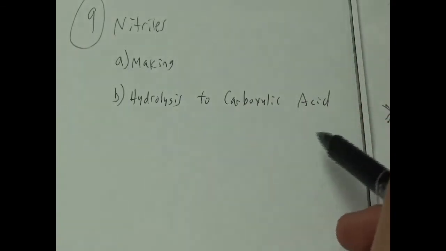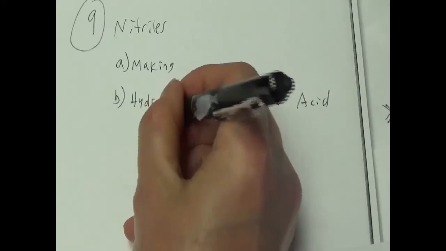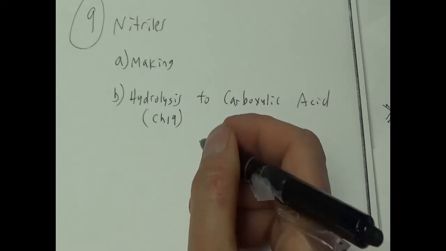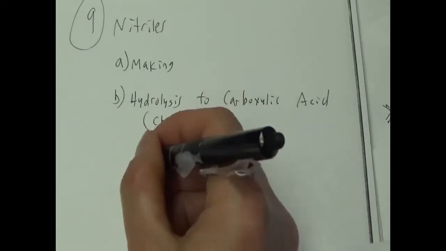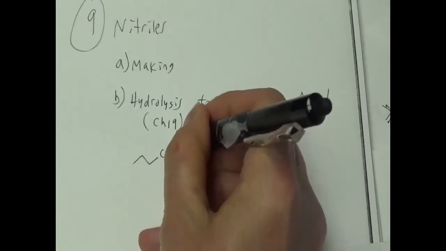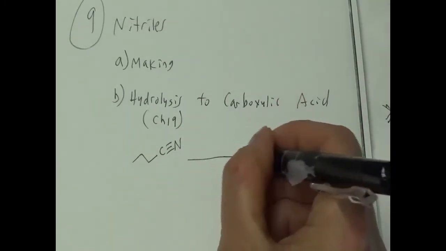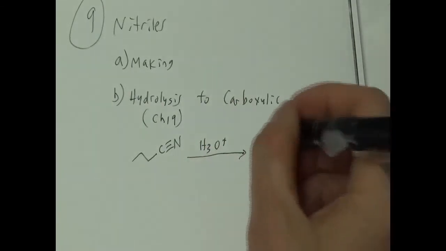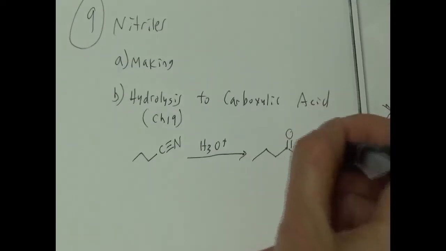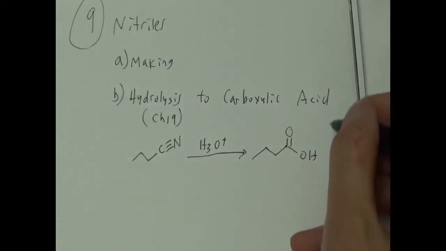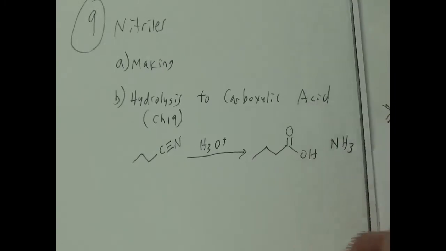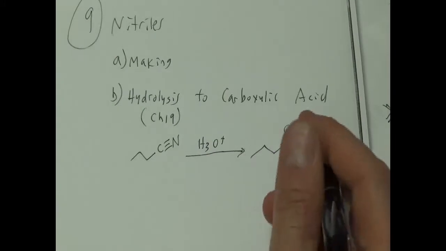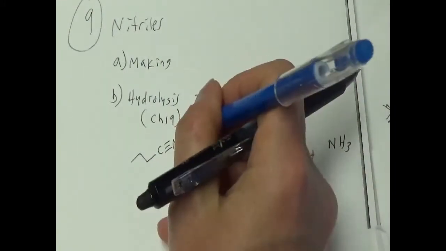You actually know this. I think we learned it in chapter 19 originally. Example is a nice nitrile, and we can react it with H3O plus and make a carboxylic acid and ammonia, NH3. Okay, and yeah, the mechanism, again, I'm not going to do it for you again because you know it already,